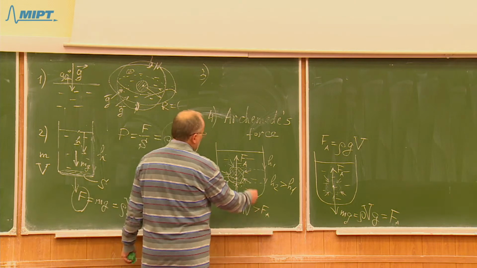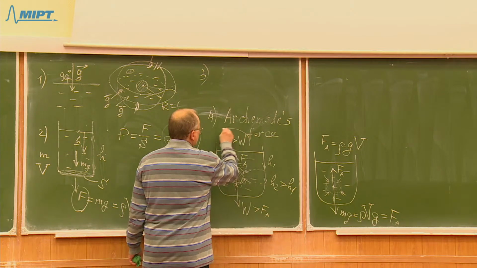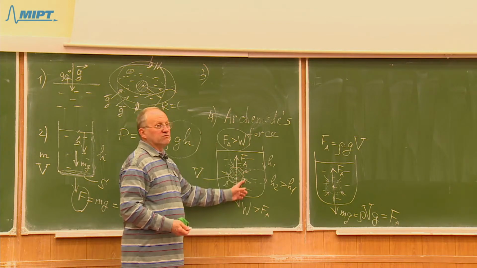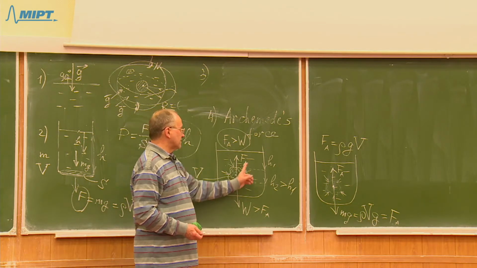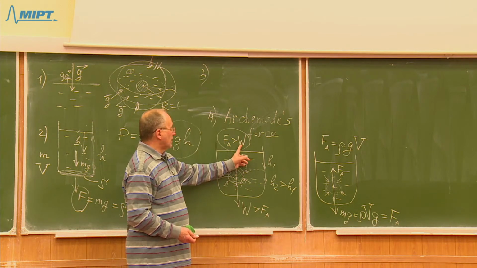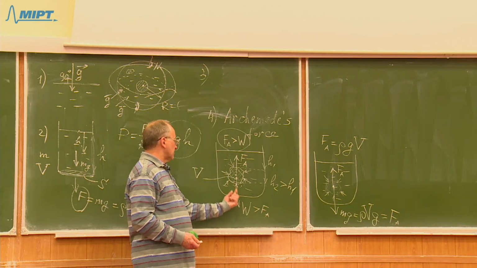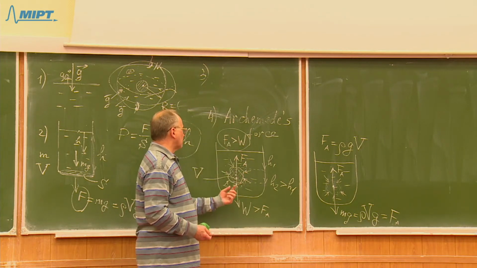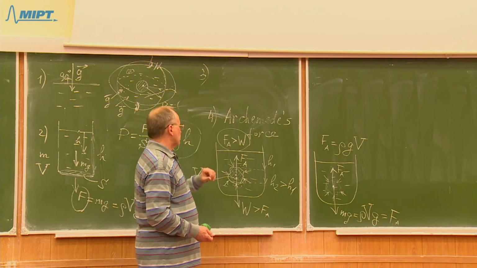On the other hand, if Archimedes force is larger than the weight of the object, this may be the case when the object is very light, like a piece of wood, such that the density of this object is smaller than the density of liquid. Then the Archimedes force will be larger than the weight of the object, and then it means that the net force acting on this object in the liquid will be directed upward, and the object will float upward, and it will float on the surface in